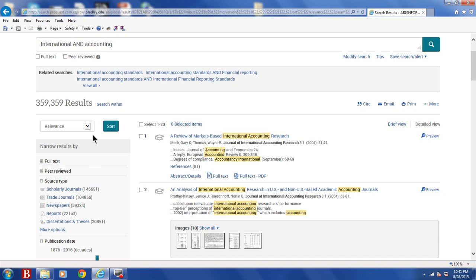And so in this case, it's sorting by relevance, right? Which ones have the closest match to international accounting. But one thing you might want to do is sort by date. You know, maybe you're looking for recent items rather than older items. So I'll do the most recent first sort,